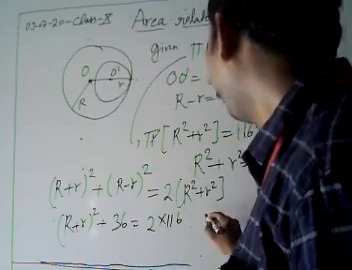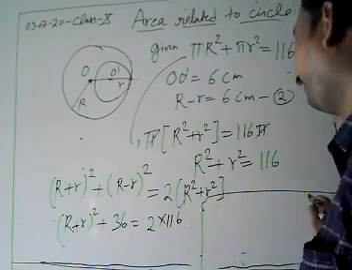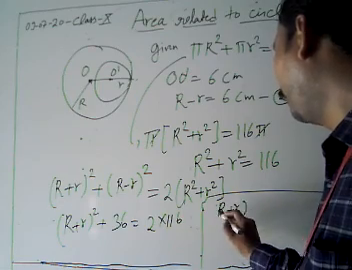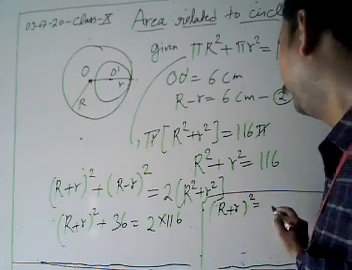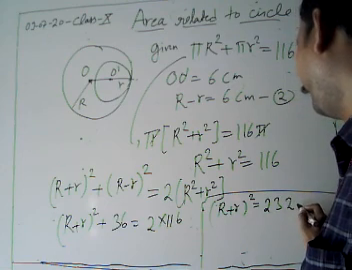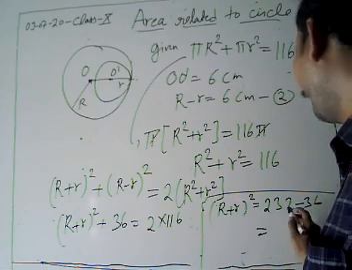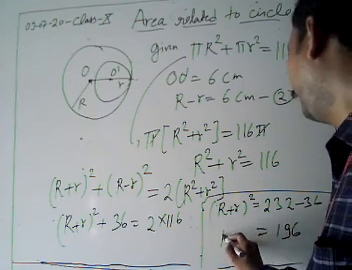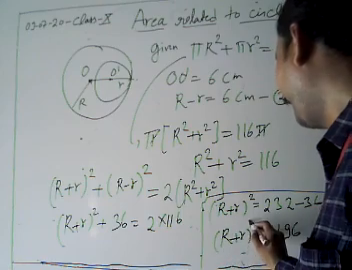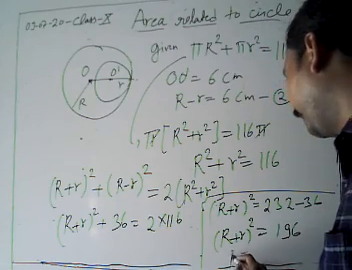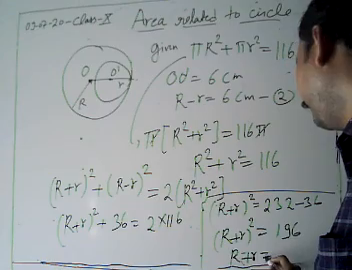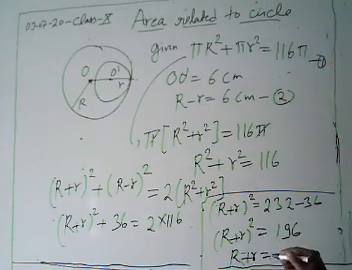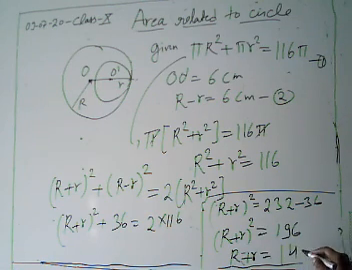Now what do we have? (R plus r) whole square is what? It's 232 minus 36. Then what do we get? 196. Then (R plus r) whole square is equal to 196. Then the value of R plus r is what? It's plus or minus 14, but the sum of two radii cannot be negative. Then R plus r is 14